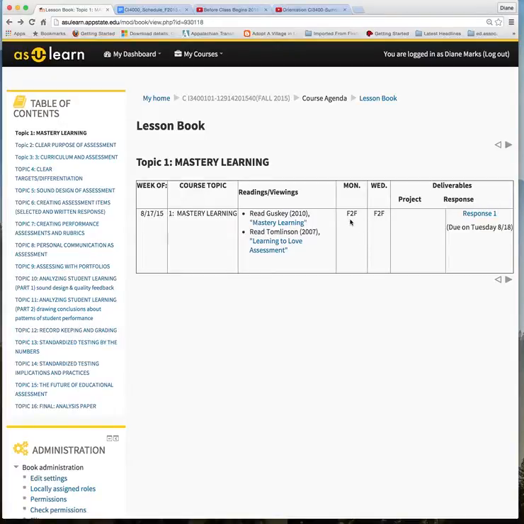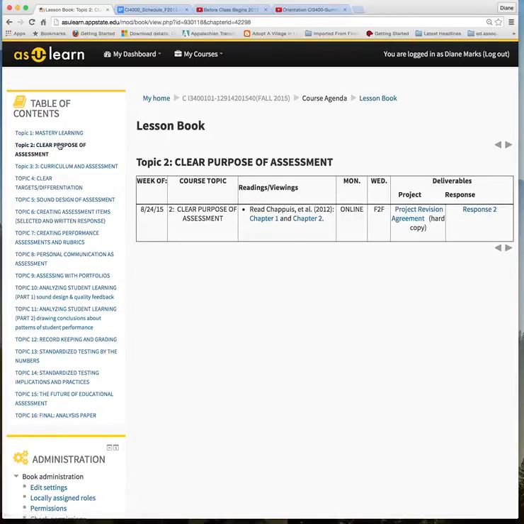We'll meet face-to-face both days. There's no project due. Project parts, we haven't even discussed those yet. And then your response, which really should be due Monday night, I'm giving you an extra day because it's the first day of class, so it's not really due until Tuesday. But you want to make sure you get started reading right away. And then you just move on to the next week.